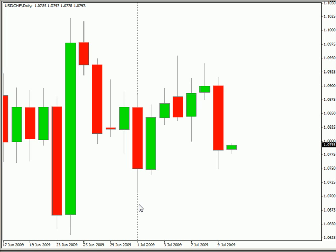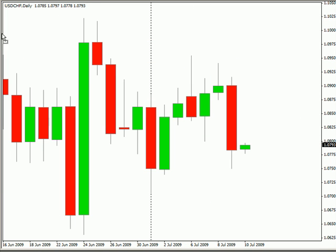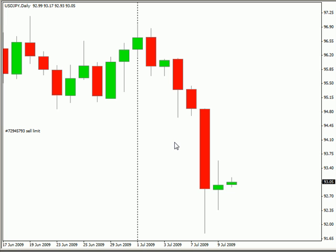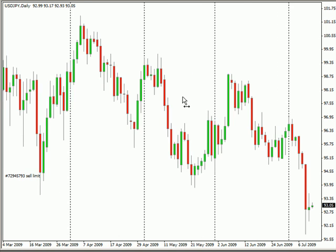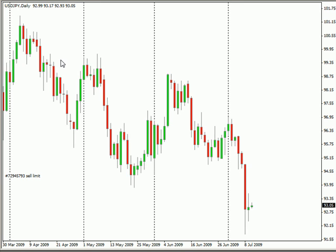Well, that about does it for the charts and the news announcements. What am I looking for during this next session? I'm looking at the yen, and while we still have a strong downward trend, seems like every time we get a strong move to the downside, we have a pretty strong pullback back up to the previous support, and then it becomes resistance. So kind of what I'm looking for